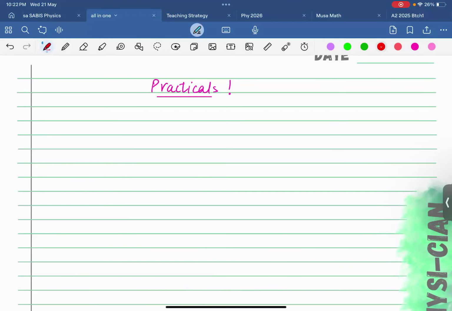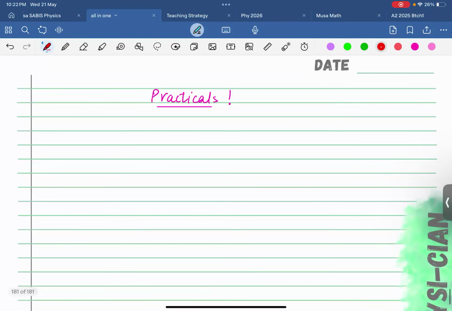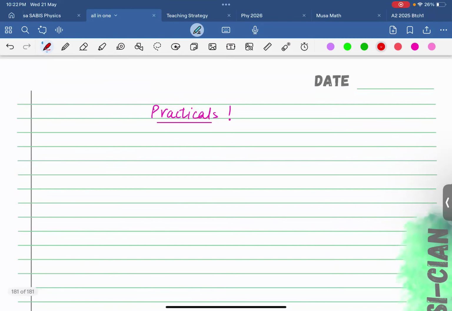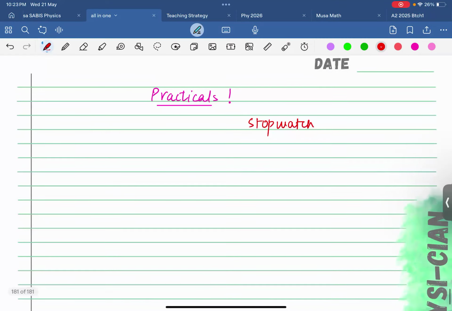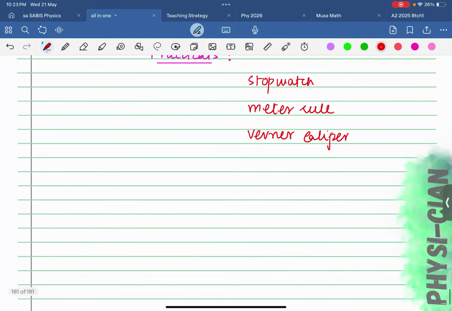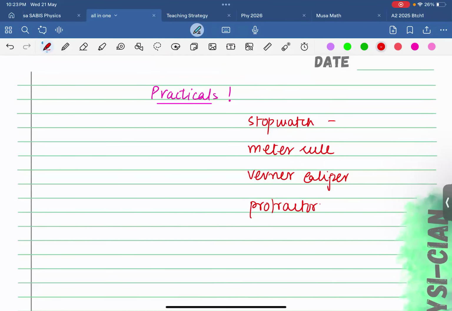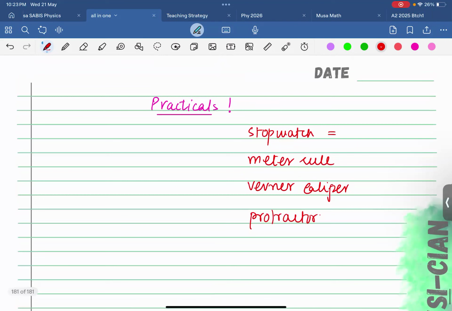So the expected instruments that are normally given to you will be the stopwatch, meter rule, the vernier caliper, and protractor. So if you have any moving object, then always consider the uncertainty in your value from